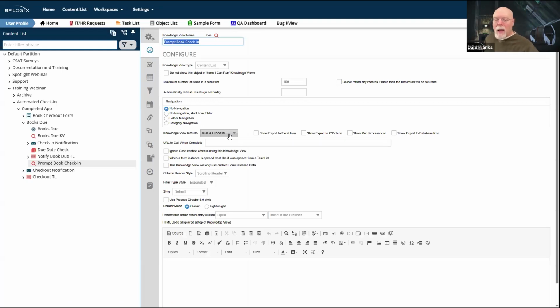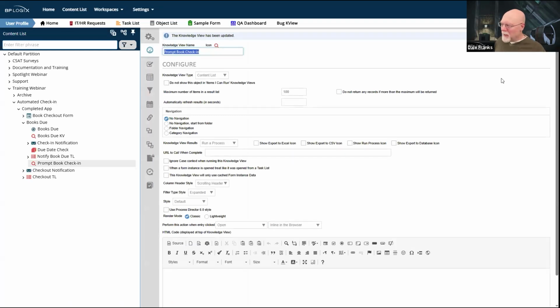Until you change the knowledge view results to run a process and then update the knowledge view, and I'm playing a dangerous game by updating a knowledge view that I know already runs, so I hope I haven't inadvertently made some change that's going to ruin things.